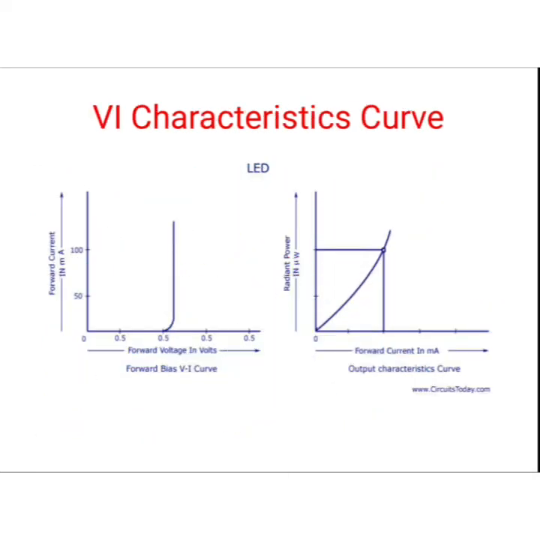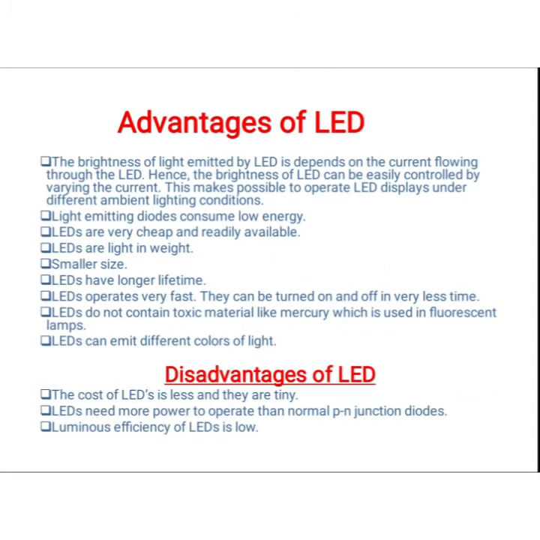And then let's see the VI characteristics of LEDs. It is as usual a PN junction diode. Current here in milliamp, that is forward bias, and voltage over here. It will be just like a PN junction diode. The second graph shows you the power variation. On x-axis we have current in milliamp, here we have power produced. Gradually as current increases, the power also increases, exponentially. So this is the VI characteristics.